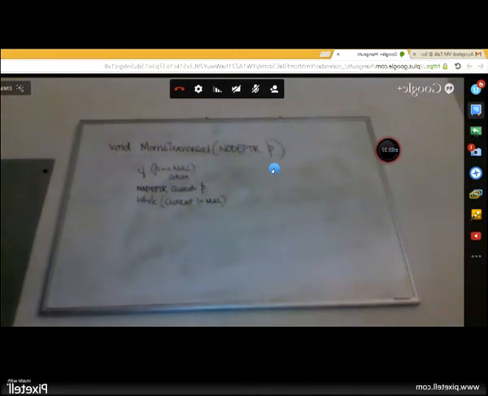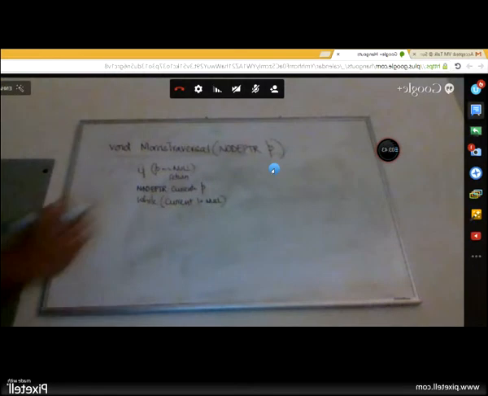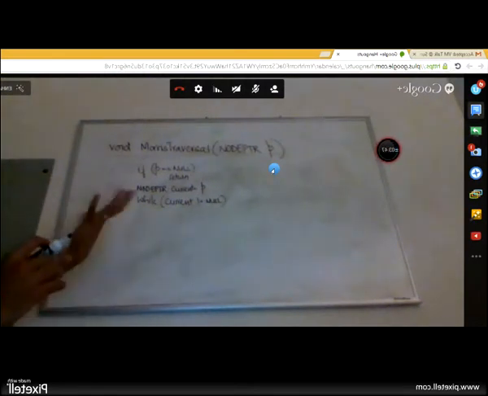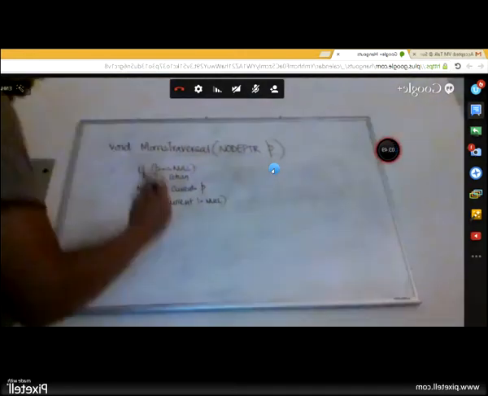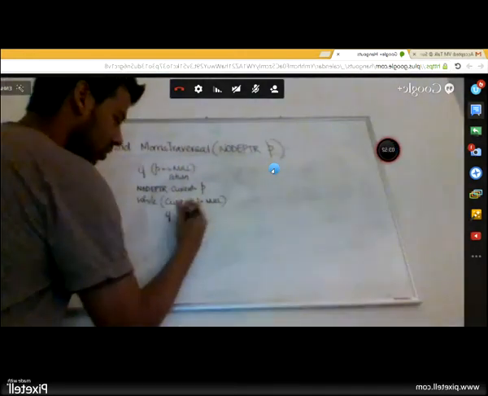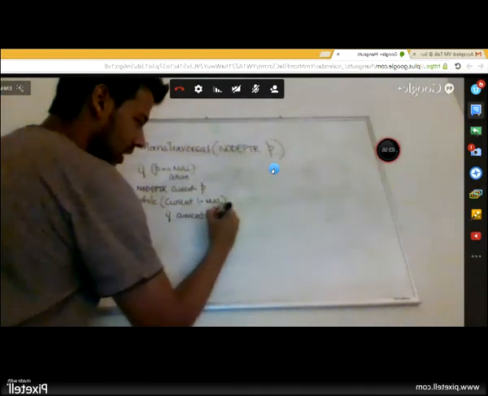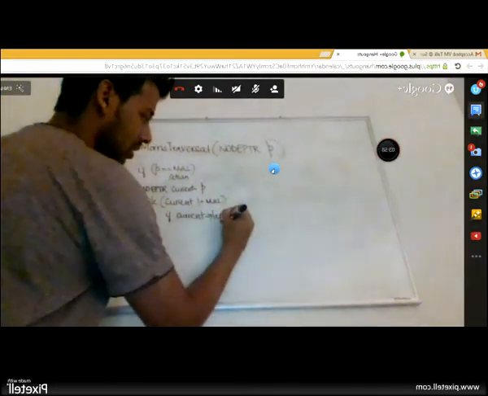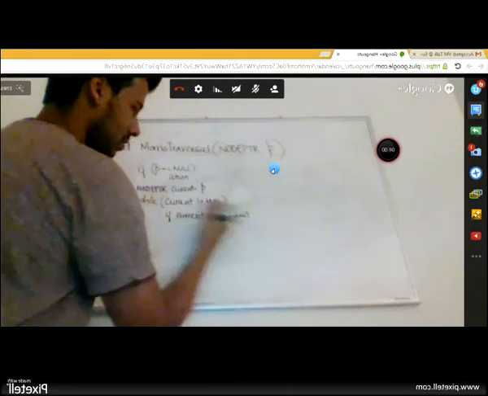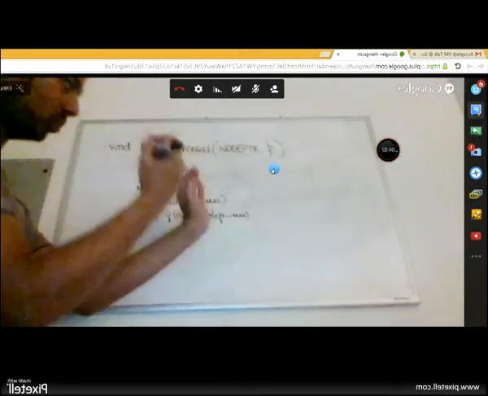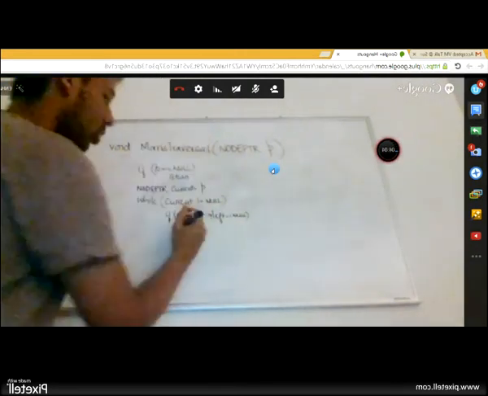So what I need to do is see if my left kid is null. If there is no left subtree, then in in-order traversal, left becomes nothing, and then I print out the root, right? So if current pointing to left is null, then I need to print the root node.